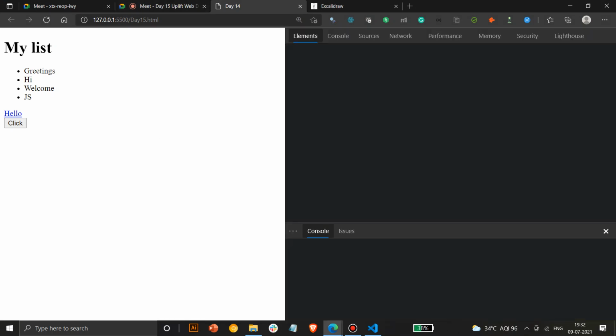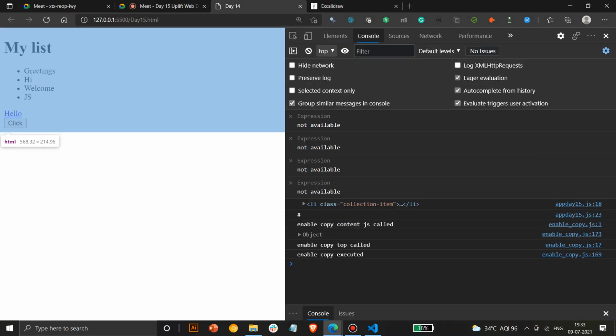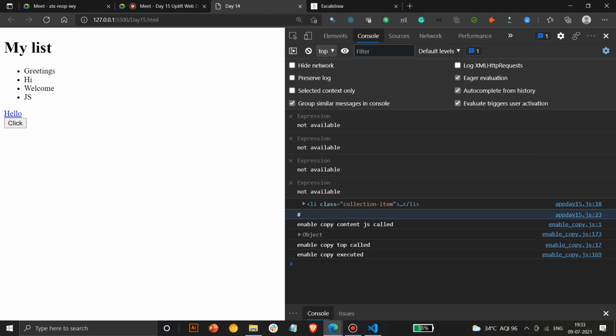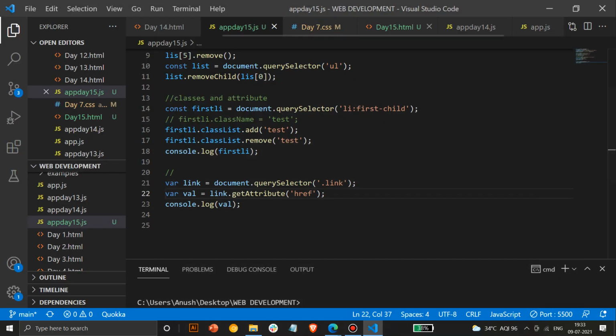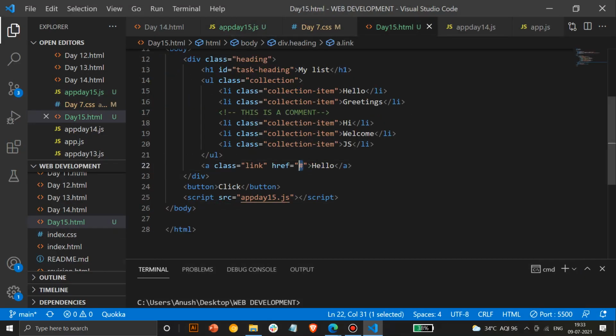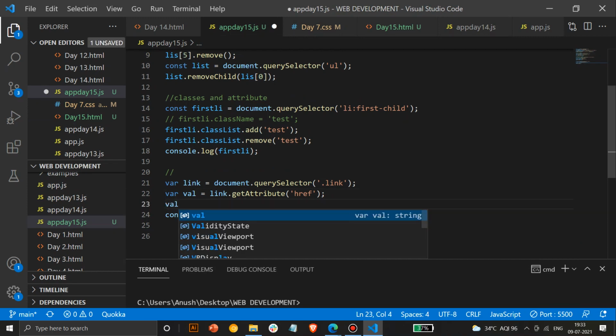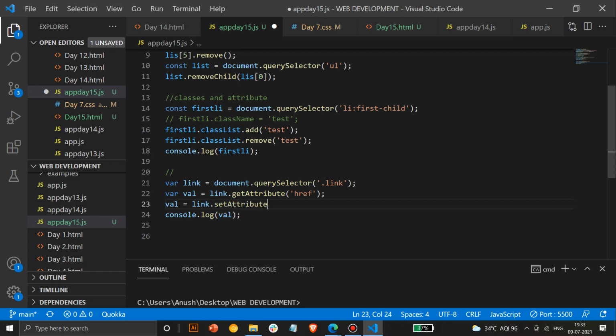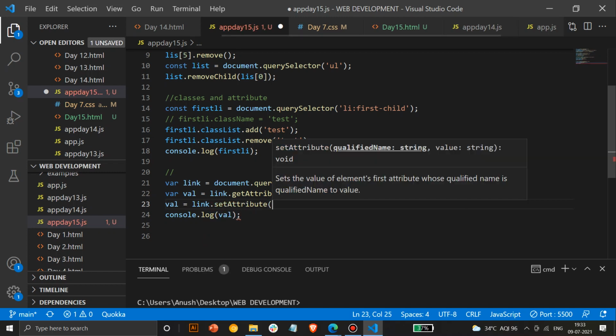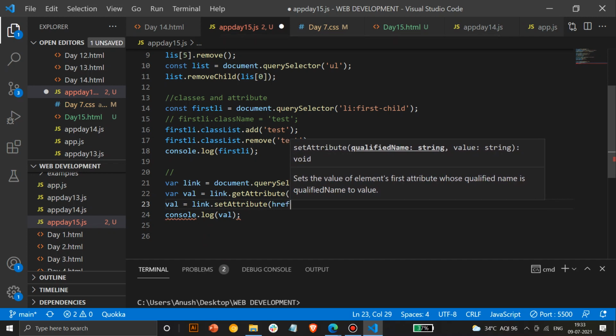Here's the link, and see there's no attribute. The attribute present there is a hash, so it shows a hash here. If you put google.com, it will show whatever you put in this HTML. If you have to redirect to some place, if you have to change the URL, you can do it through here. So we'll learn how to change that particular attribute. Now we'll change this attribute: link.setAttribute. Through setAttribute, you have to specify for which attribute you are changing it.